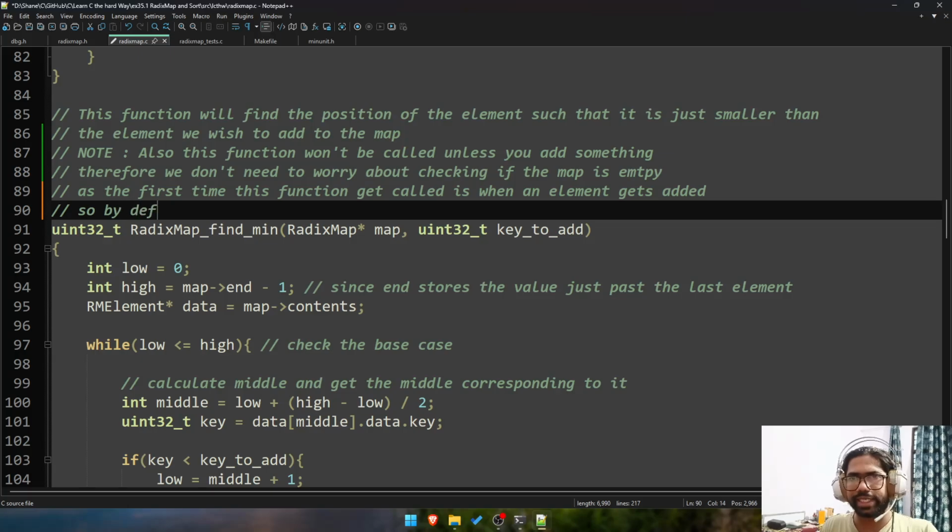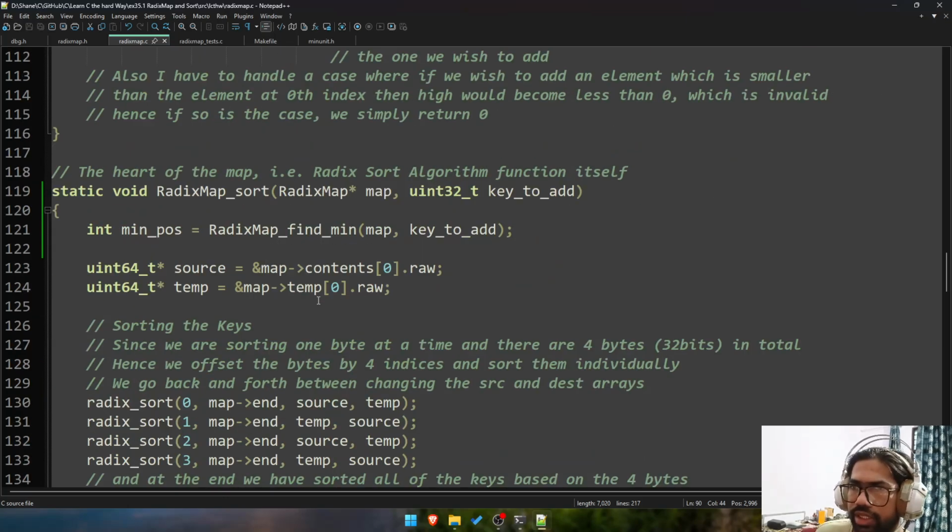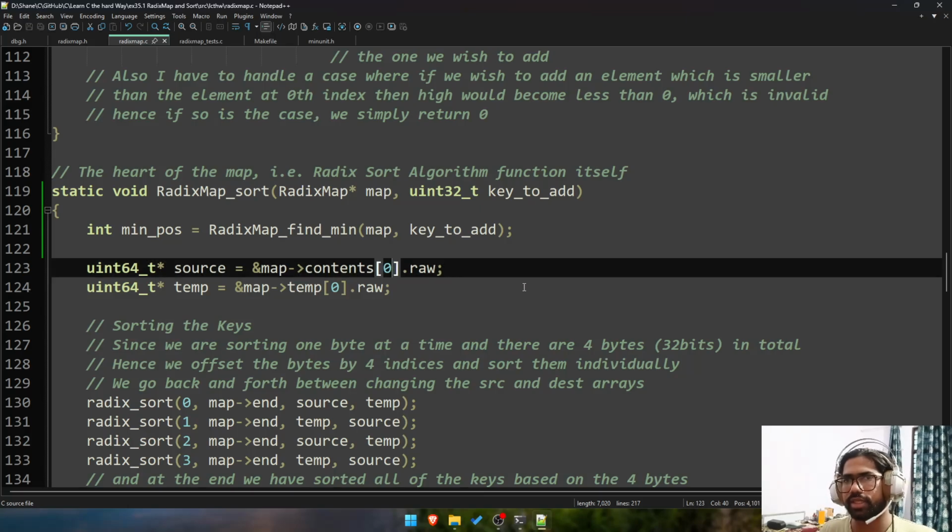So by default the map would not be empty. Right, key to add, then key to add, and then we pass this